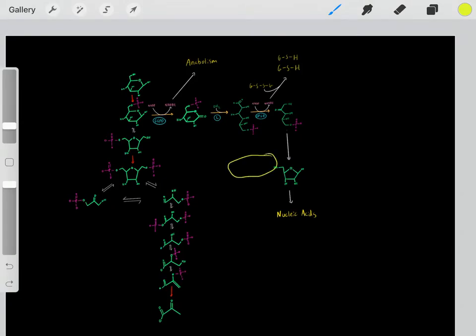They have those phosphate functional groups, and then we have that nitrogenous base. But in order to create these nucleic acids, we need this ribose sugar, and we get the carbons for this ribose sugar from this particular intermediate. So that's another reason why the pentose phosphate pathway is important. It's important for nucleic acid synthesis, to biosynthesize these nucleic acids that we know are really important for DNA and